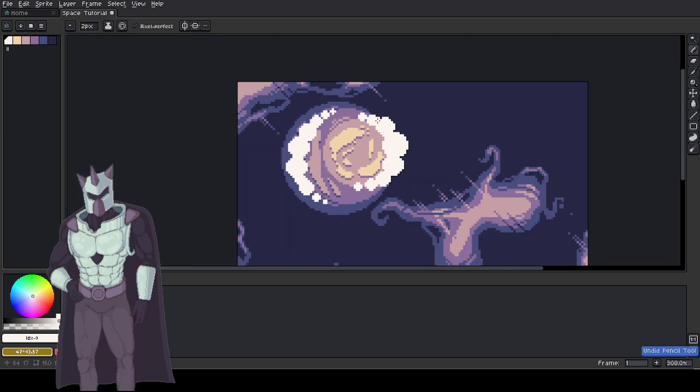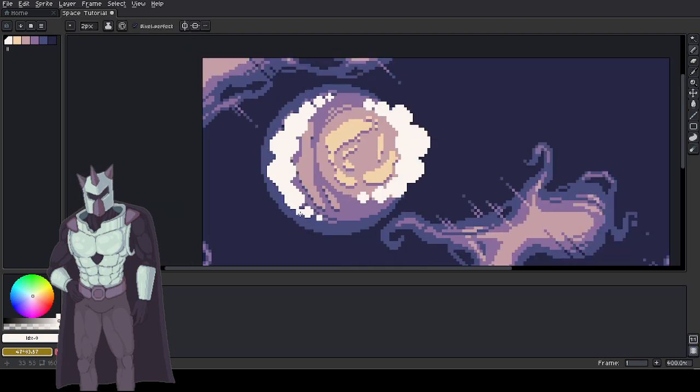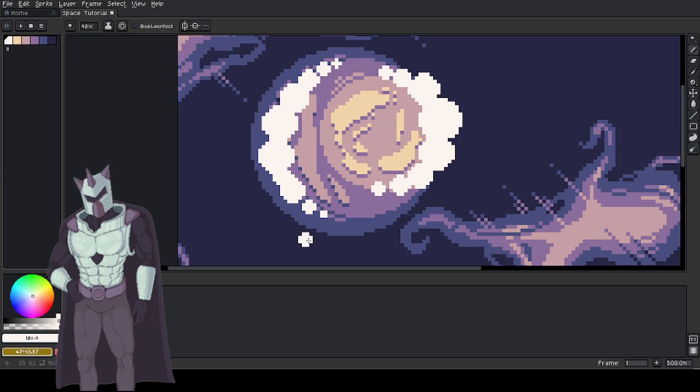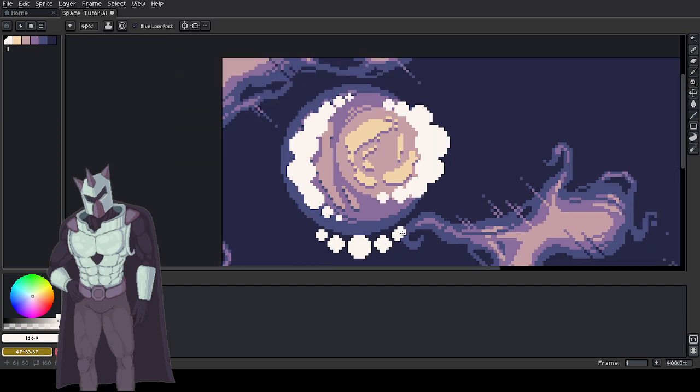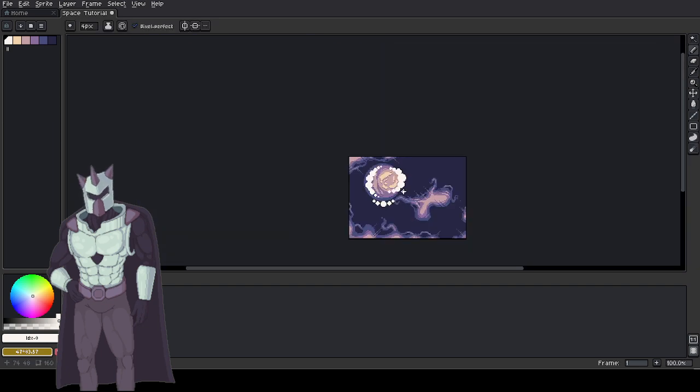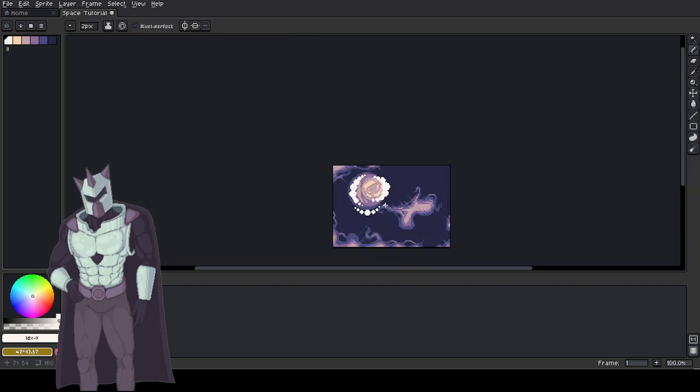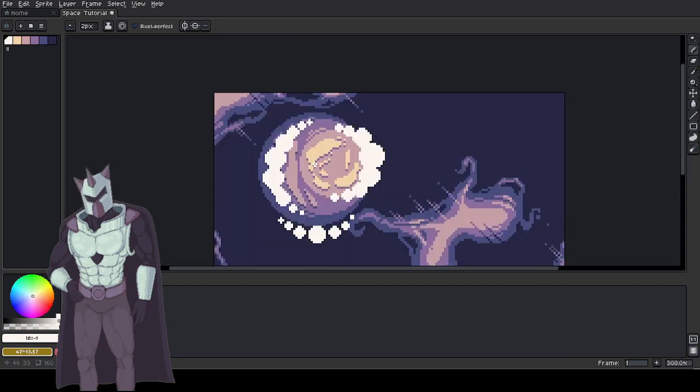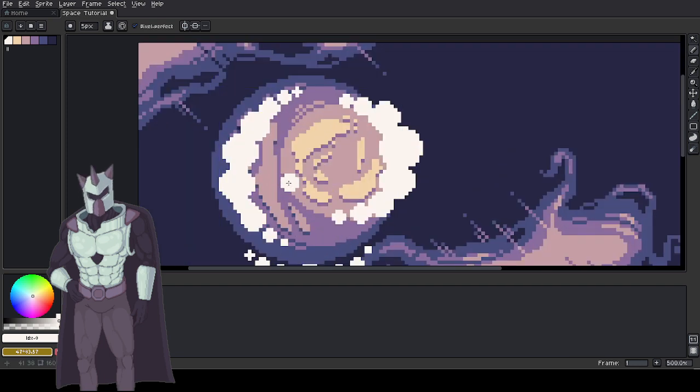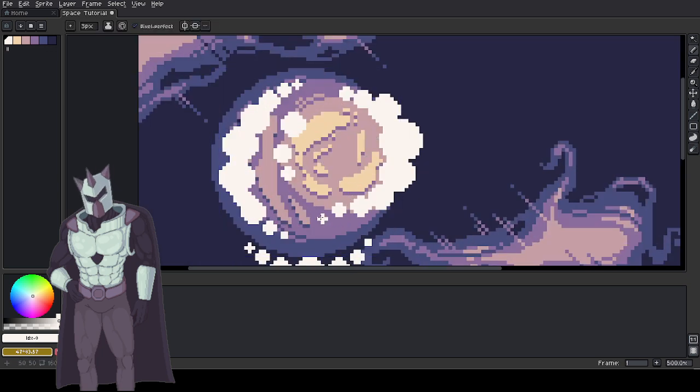It doesn't need to be using the pixel brush specifically in order to make the clouds. You can do whatever you want, and I would definitely encourage you to experiment as much as possible. And now we have this thing for the clouds, and now what we're gonna do is add a couple more,